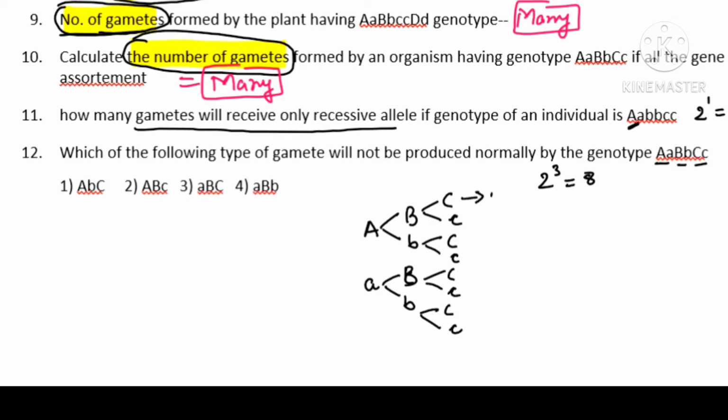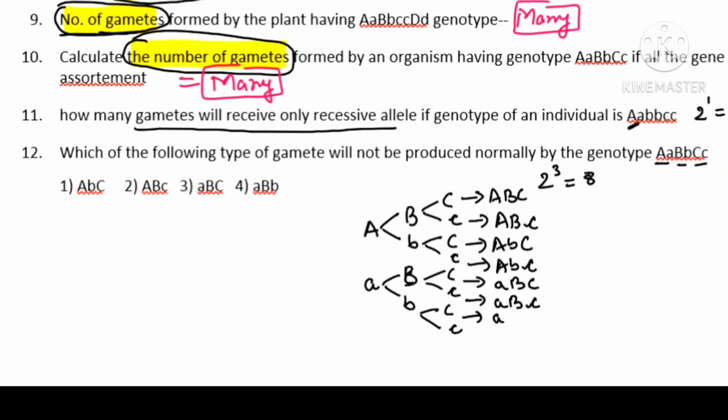Now let us write here all three capital. Capital A, capital B, small c. I hope you can check it. I'm writing in front of you only so that you can understand how to work it and how to make the gametes. Please understand how to make gametes because this will be useful when you are solving the questions based on polygenic inheritance also. Now see capital A, small b, capital C. Yes, this type of gamete is here. Check. This is the one.